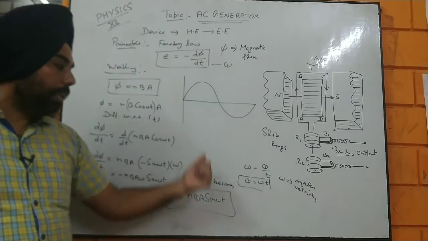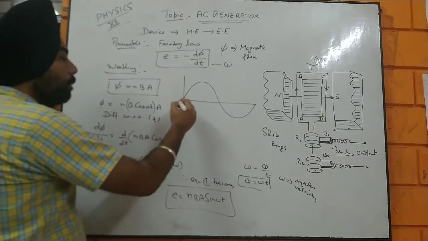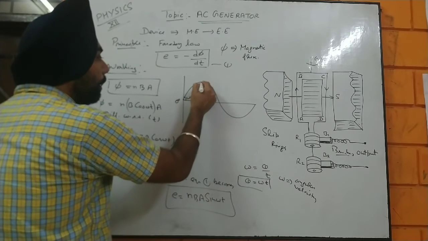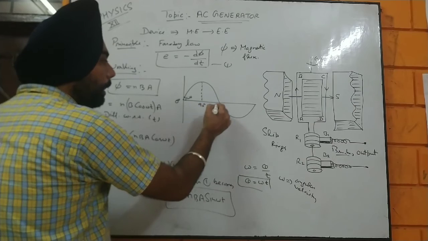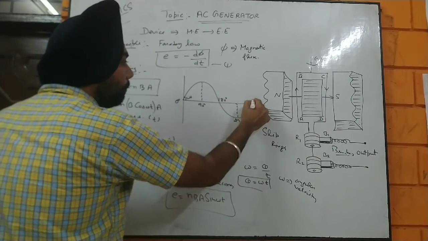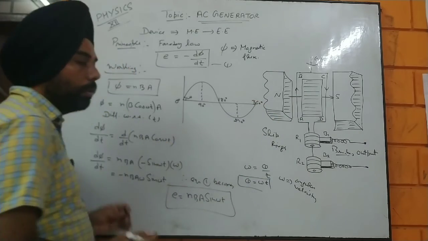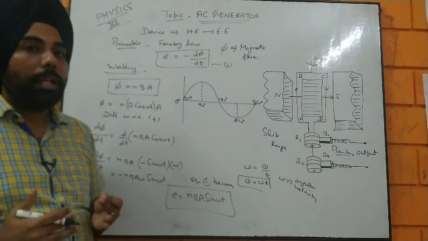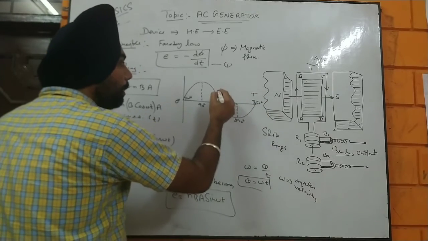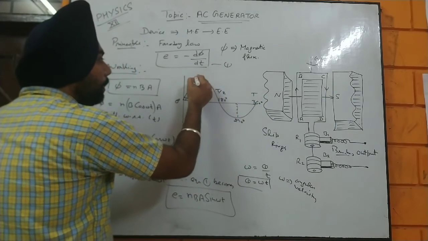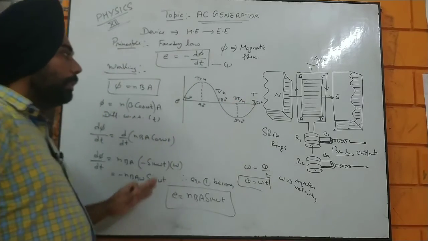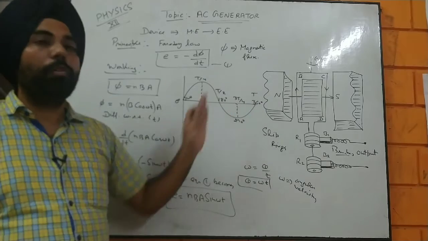From that you can easily observe that that is going to be your angle omega t, as that is 0 degree, and that is going to be 90 degree, that is 180, that is 270, and that is 360. And if you want to clarify it in time period, that is going to be the full cycle time period T, that is going to be T by 2, that is going to be T by 4, that is going to be 3T by 4. That is how a sinusoidal wave works out.